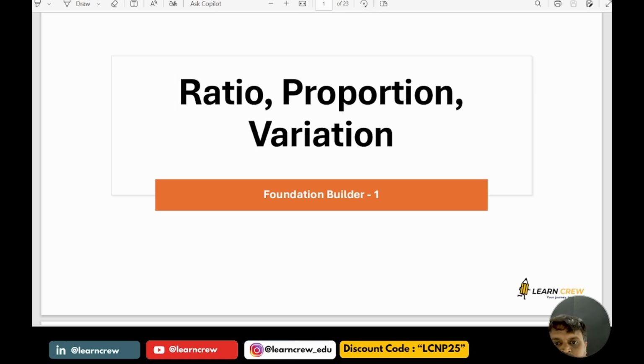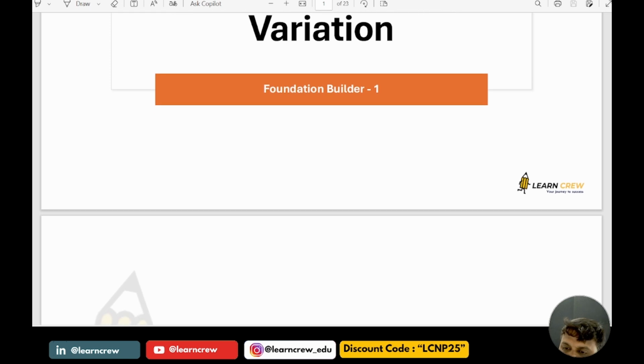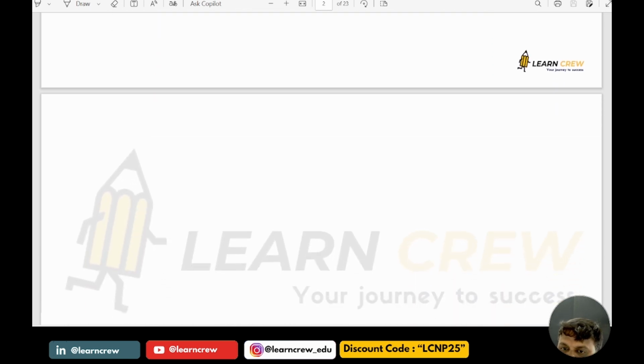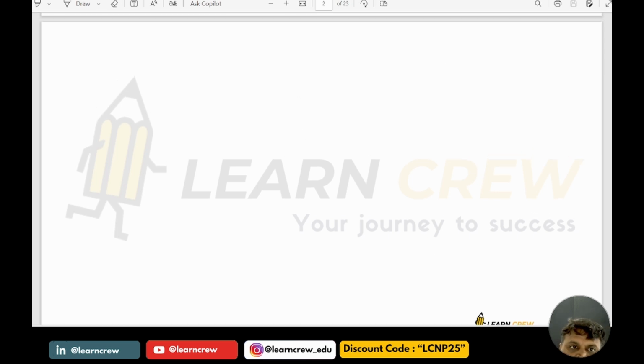So today we are going to discuss a very interesting and important chapter in quantitative aptitude, that is ratio, proportion and variation. First of all we will see the terms: what is ratio, what is proportion and what is variation. So when do we use the term ratio? When we need to compare two or more quantities of the same type, then we use the term